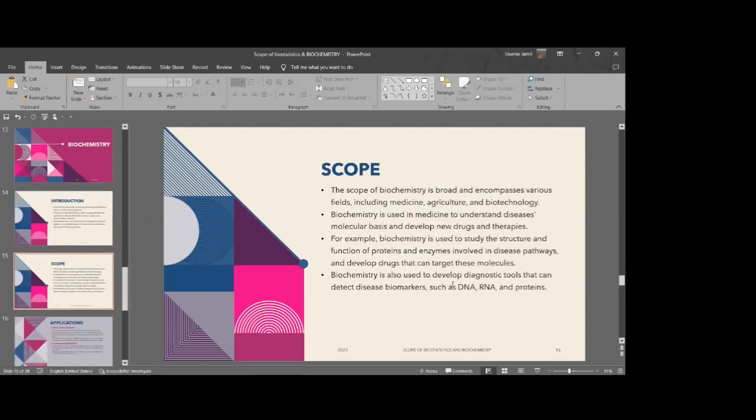Speaking of the scope, biochemistry is broad and encompasses various fields including medicine, agriculture, and biotech. In medicine, it is mostly used at the molecular level, for example, to develop new drugs. To develop a new drug, we have to make a proper receptor and drug combination. So